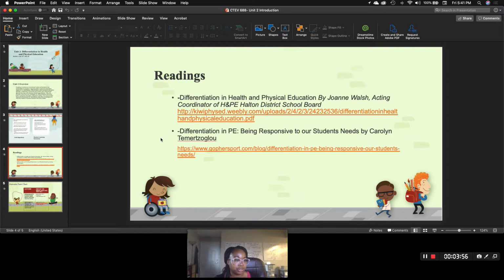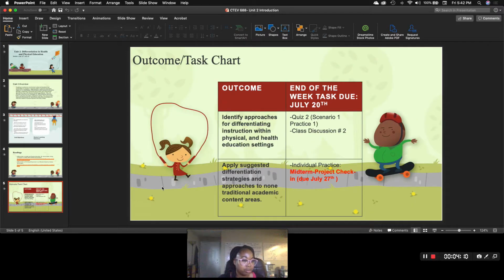So the first one, differentiation in health and physical education, HPE is how they abbreviate it, and then differentiation in PE, being responsive to our students' needs. That one was pretty great, and I think you'll enjoy that overall because it shows you how to apply it into the content area. So for this week, with the two outcomes that I was hoping, the student outcomes, there